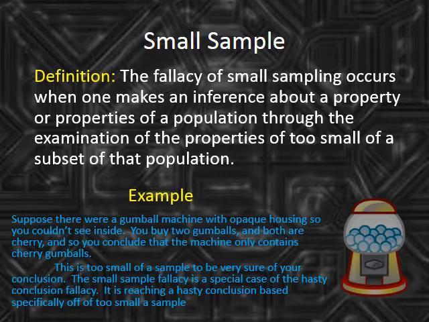How do you reach a better conclusion? Sample 10 or 20 gumballs. That will give you a much better sample size. How can you make it even better than that? Apart from an even larger sample size, you can shake the machine to mix up the gumballs to make sure that you get a more representative sample. We will talk about unrepresentative samples later, but just consider that maybe the person filling the machine first filled it with cherry gumballs, and then when the machine was half out, filled it back to the top with grape. If you don't mix up the gumballs, what flavor are you likely to get even if you buy 10 or 20 of them?